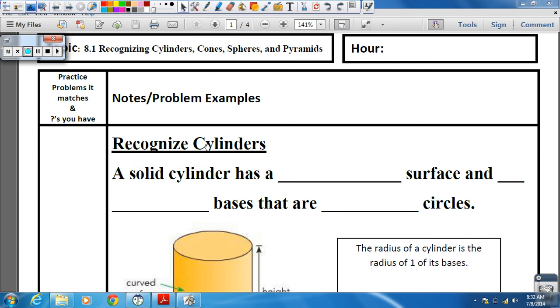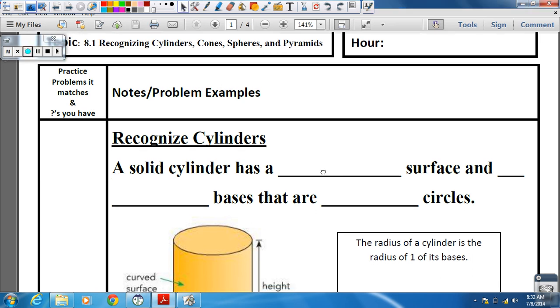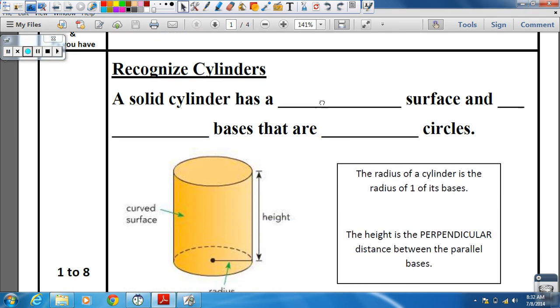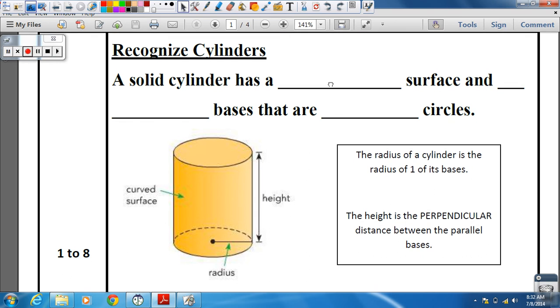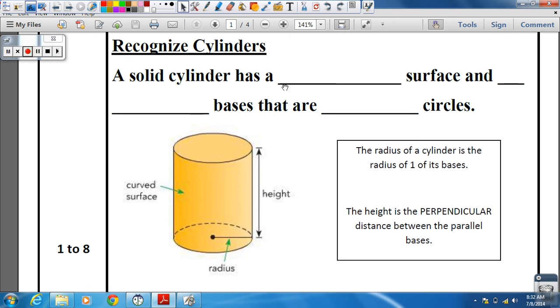Today we are just going to discuss cylinders, cones, spheres, and pyramids, and how to recognize them, what shapes create them. So to recognize a cylinder, first of all, think of a soup can or a soda can. A solid cylinder has a curved surface